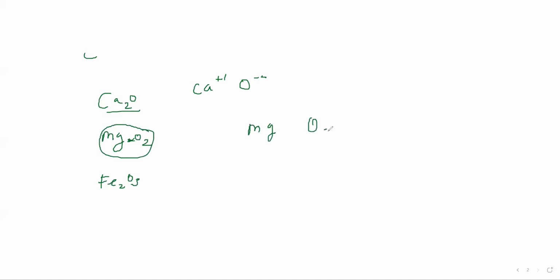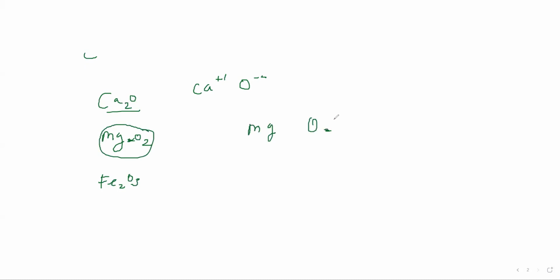If I'm writing calcium oxide, am I writing Mg2 oxide? Okay, sorry, MgO2. If I'm writing Fe2O3, what is this? Calcium oxide means what? Calcium has a +1 charge, oxygen has a -2 charge, right? Yes or no? But still here calcium C2O I have to write. If suppose I'm writing MgO2 means what? Mg is 1 and oxygen is 2.